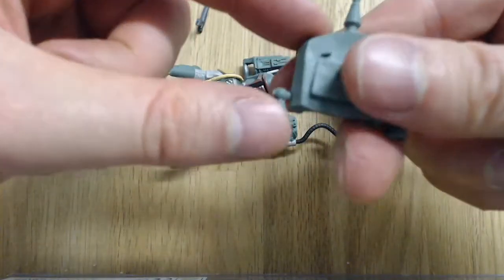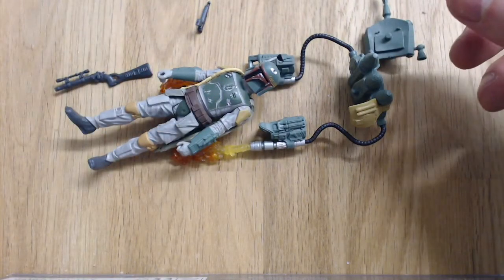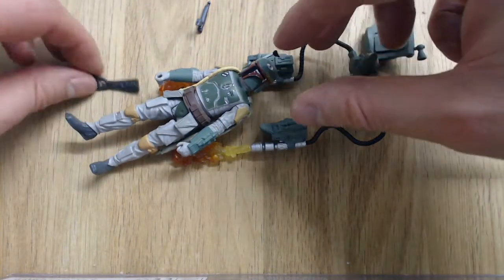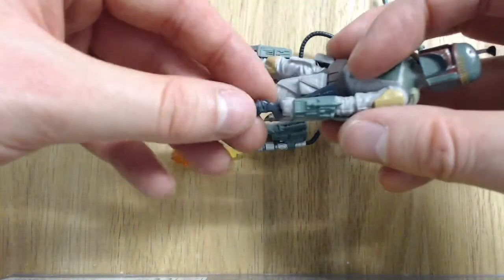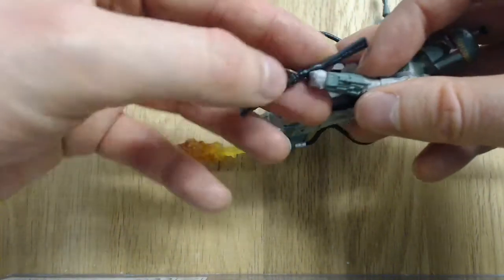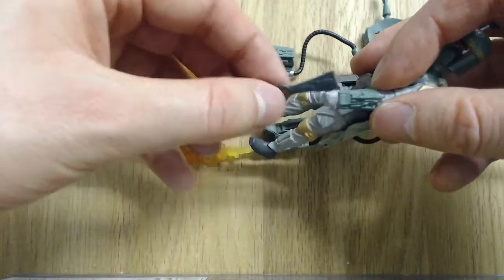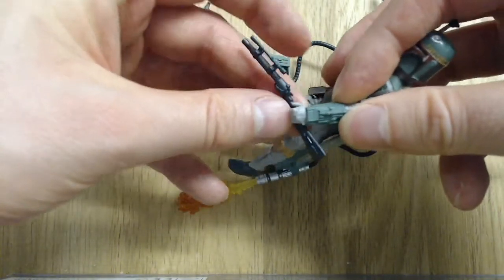Interesting, there's like a bit of asbestos or something on the back of that. Wonderful. So, does this rifle fit in his hand? Ah, looks like his fingers are sort of made for that. Not really a big fan of guns, by the way, but...